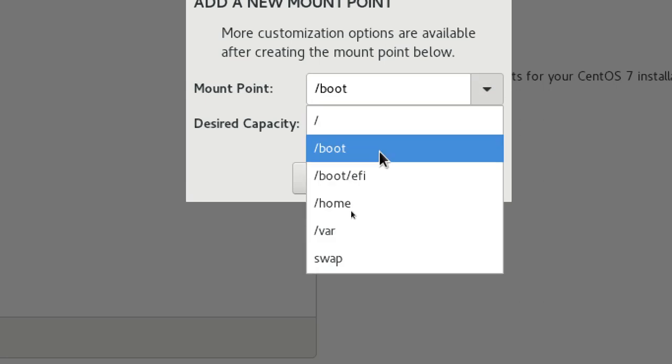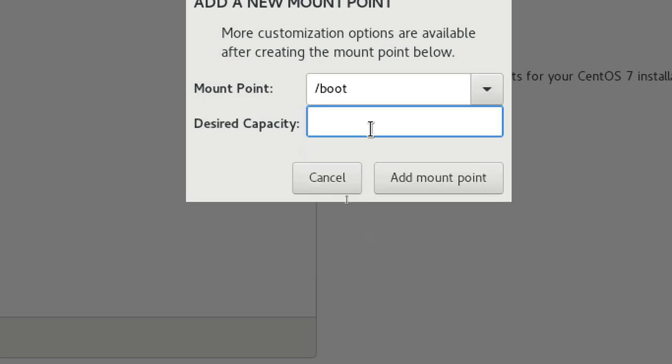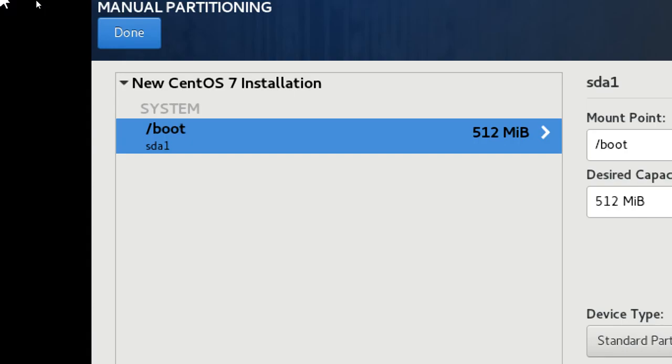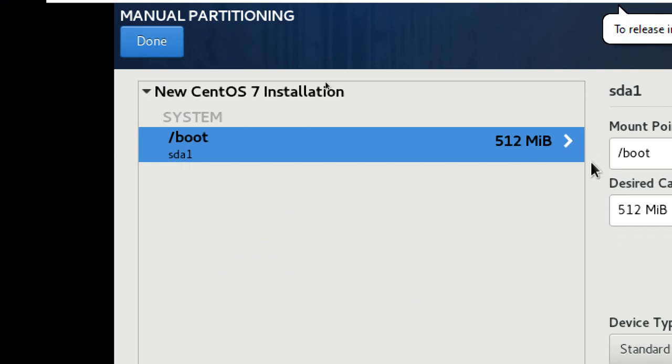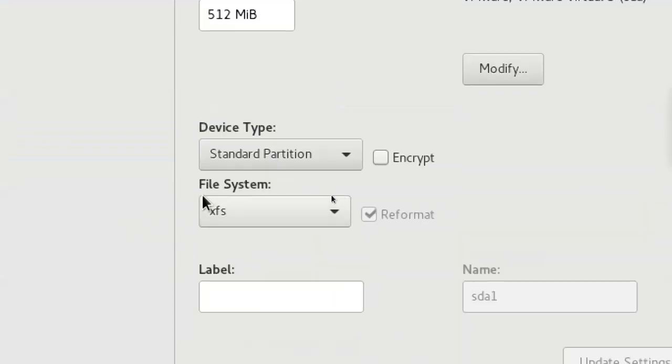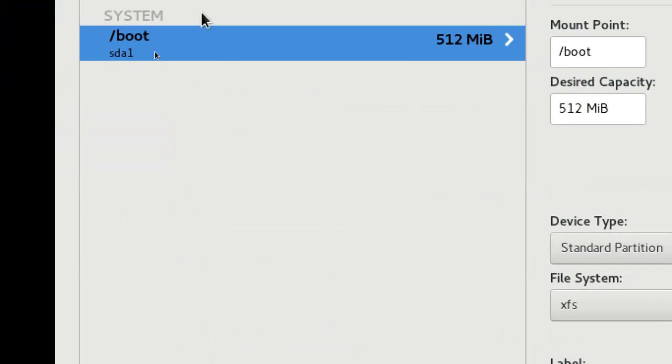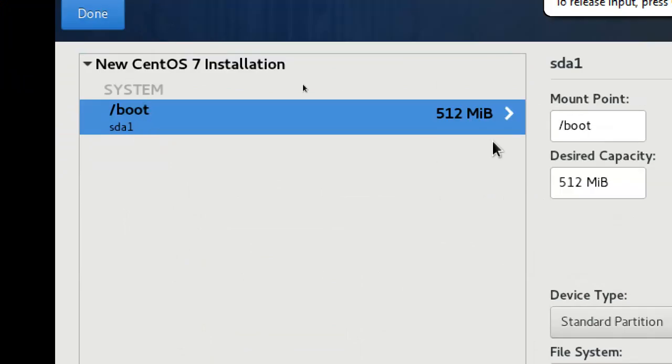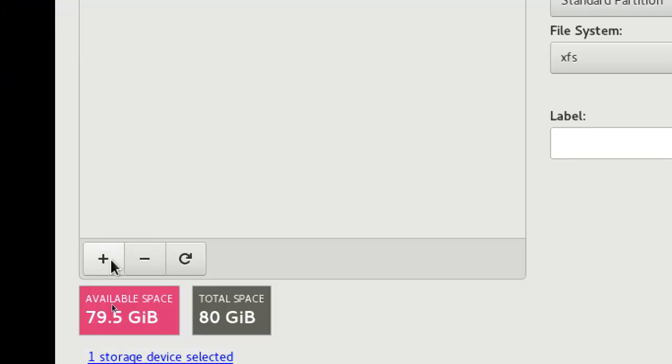Select /boot first. How much? 512 MB. Just giving M is enough. Add mount point. Automatically it came as 512 MB. See? And the file system is XFS. So this is /boot, 512 MB I have given.